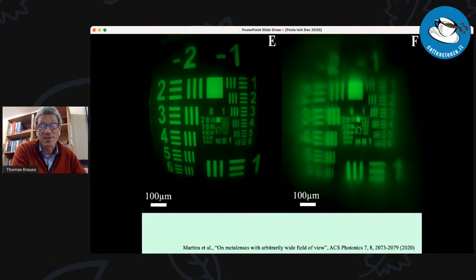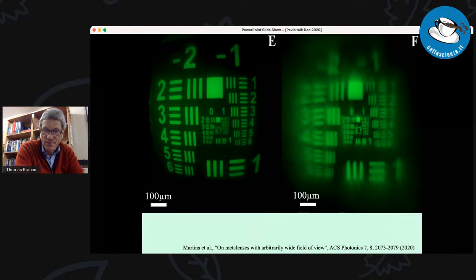And you can see it's quite amazing. You have definition all the way to the corners. Now you may say, well, this is distorted. This is a fisheye effect. That's only because we're using such high magnification. So it's such a small system, and you could easily correct for this. But the key point is you have high definition all the way to the corners.